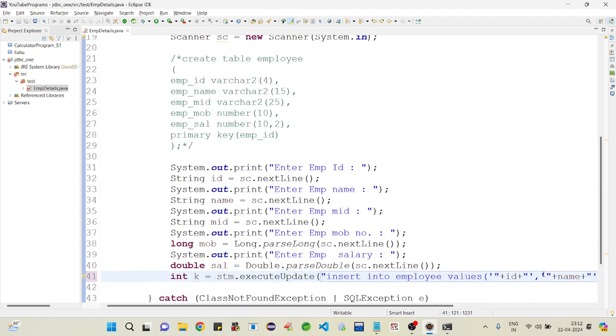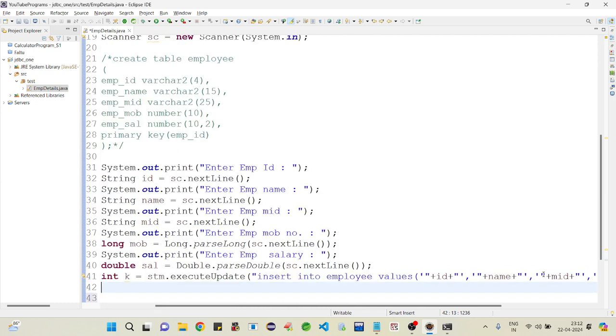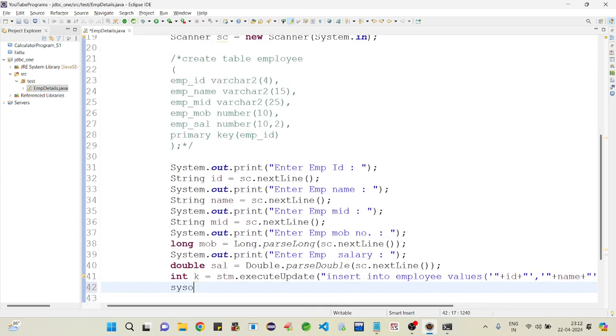At last, a semicolon. After that we are going to check whether our data is inserted or not by comparing. If k is greater than 0, our data is inserted, then we write inserted successfully. Otherwise, something went wrong.